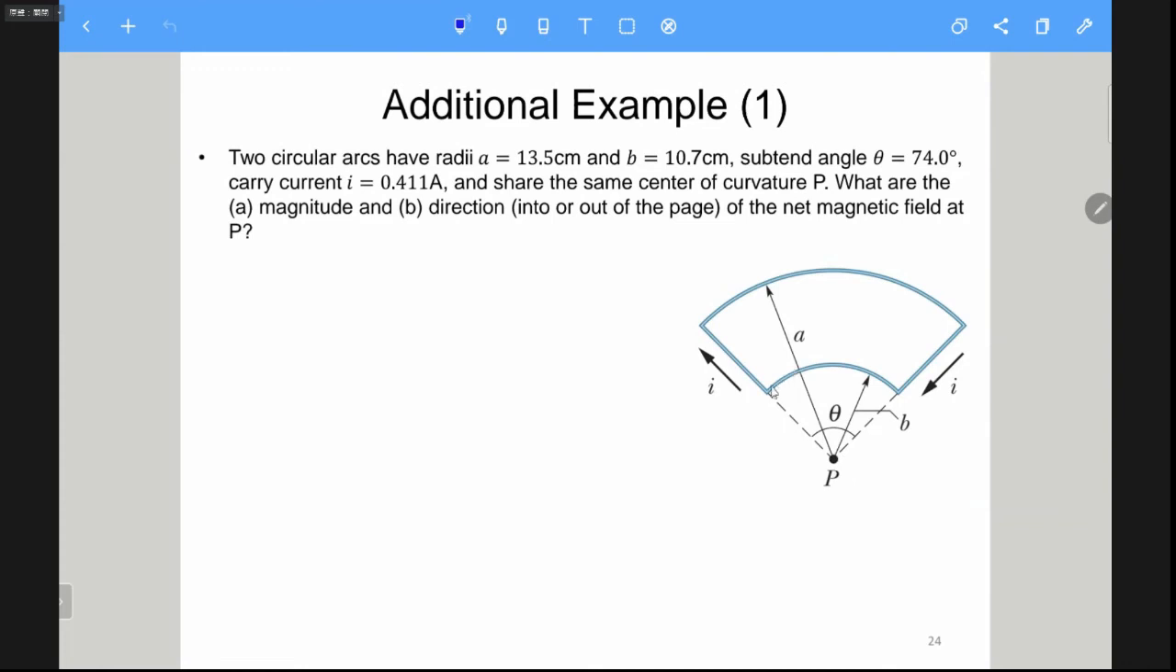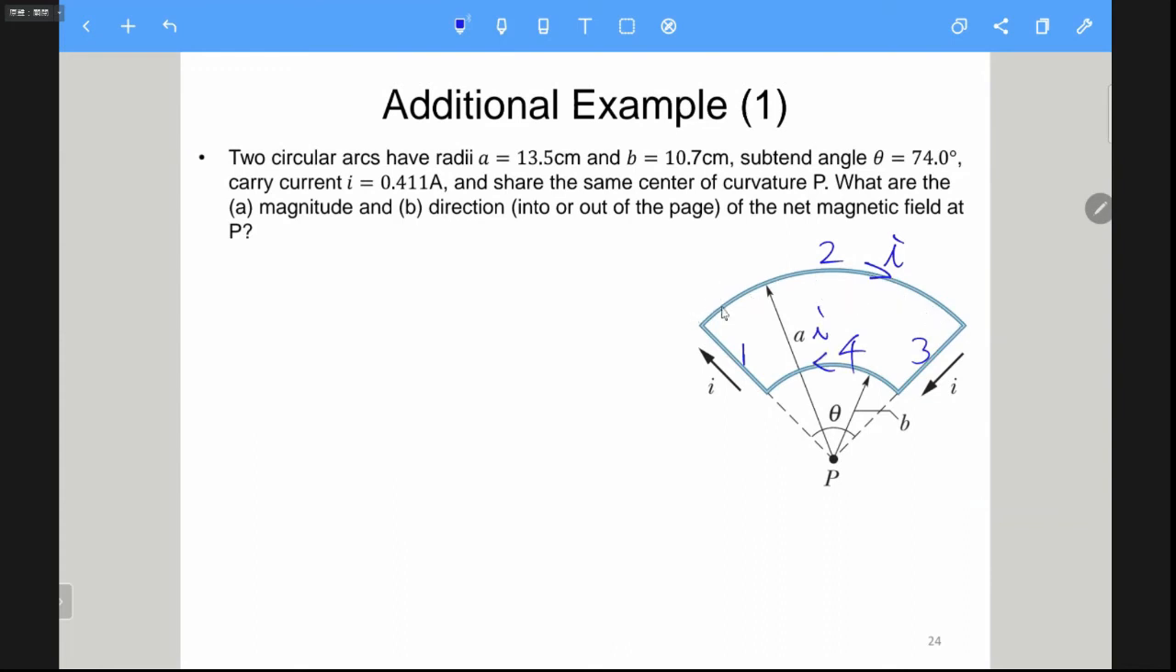Okay. So this is the shape. We have 4 parts: 1, 2, 3, and 4. You can simply imagine that part 1 and part 3 generate no magnetic field at point P, because the current is going through this point. And for part 2 and part 4, the current goes to this side and that side. So using the right hand rule,